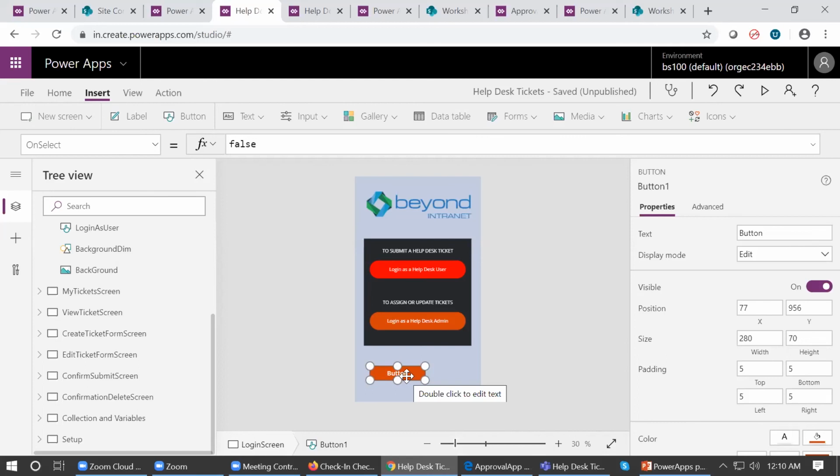And there are different screen resolutions also available. Right now I am in the portrait mode, and you can use the landscape mode as well, right? So this is the button I have added, and I can simply drag and drop, and I can choose the text of the button here, right? So that's how it works.